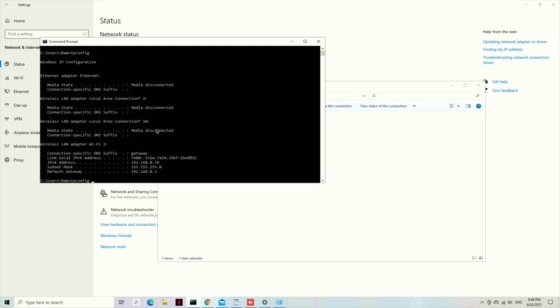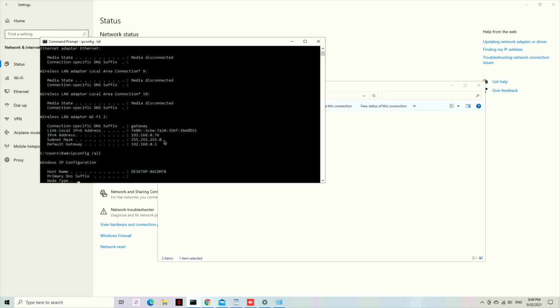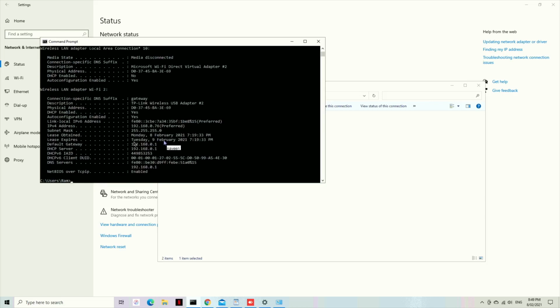As you can see, this will give you all the information for each network adapter or network interface controller. Here you have Wi-Fi. As you can see, what is the MAC address, and what IP is assigned to this one? This is the physical address, which is the MAC address. And the DHCP server, what is the DHCP server? It is this